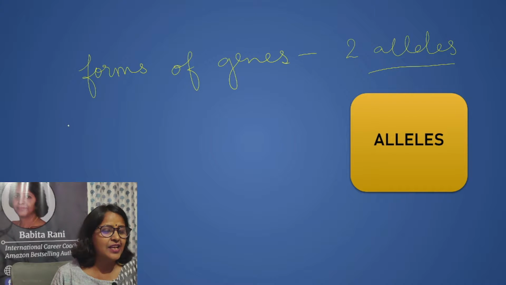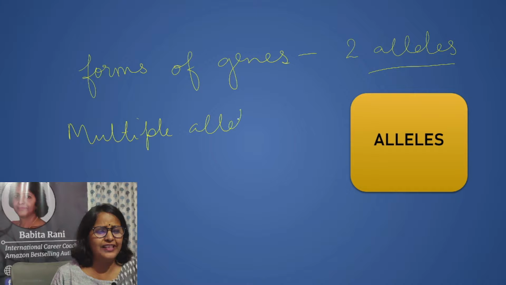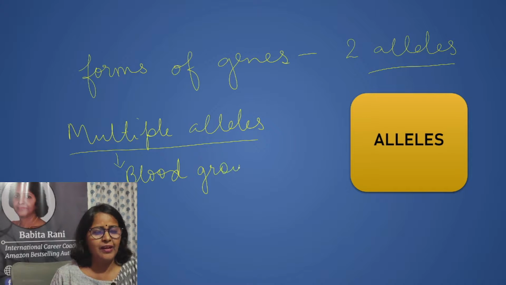Sometimes more than two alleles may be there, and we call it multiple alleles. We will discuss multiple alleles later when we discuss blood group. So, at present we will talk of only alleles in a gene where only two alleles are present. Okay. So, two alleles are present in one gene,